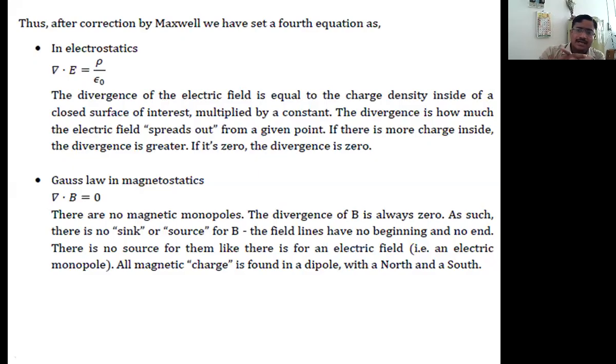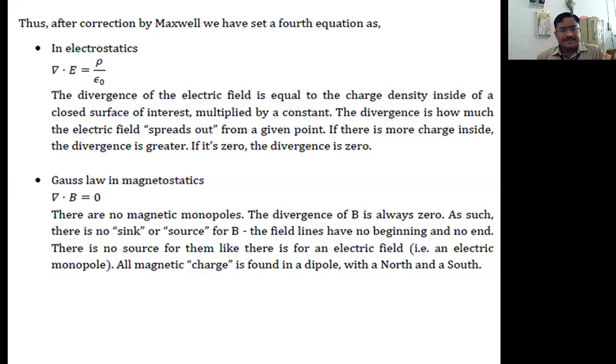Del itself is a vector: x cap dou by dou x, y cap dou by dou y, z cap dou by dou z is its value. And the scalar product of two vectors, such as a and b, we term it as ab cos theta. The dot product of a dot b is equal to ab cos theta. And if it is cross, we consider a cross b is equal to ab sin theta. Like that, cross product. Now, Maxwell's first equation was del dot E is equal to rho divided by epsilon 0,